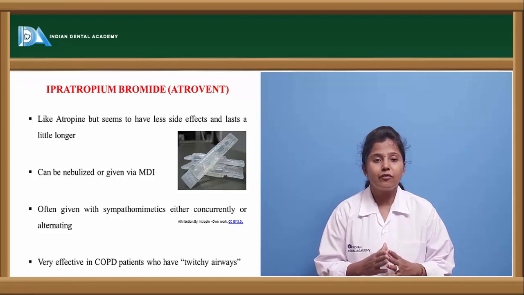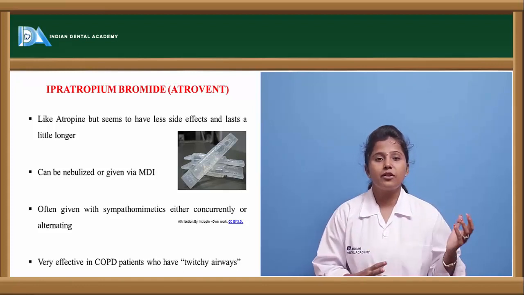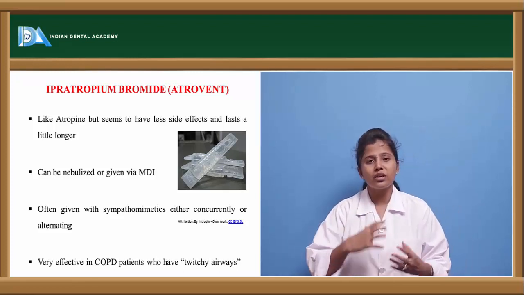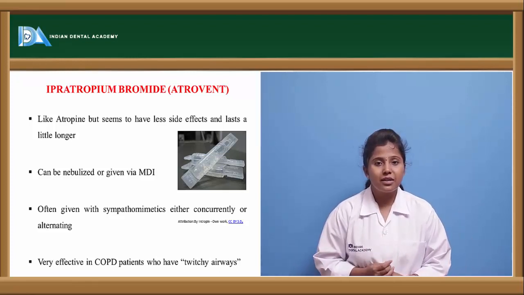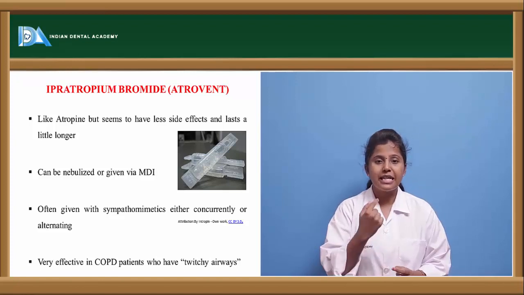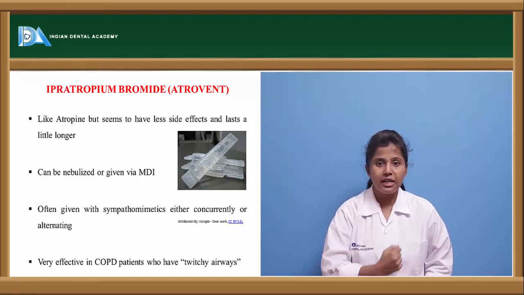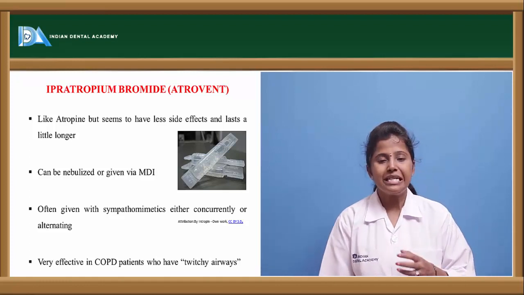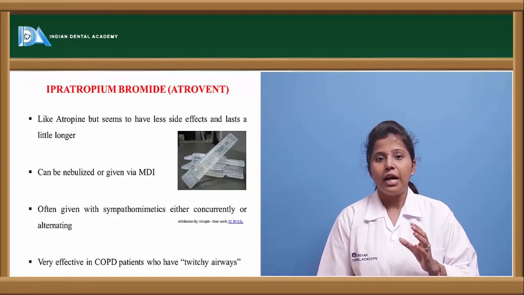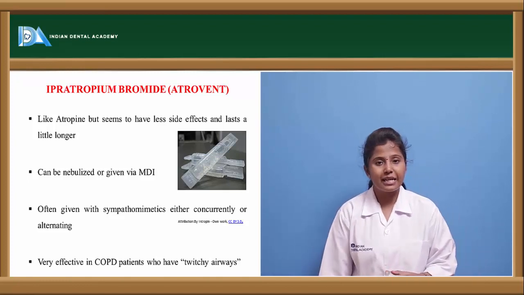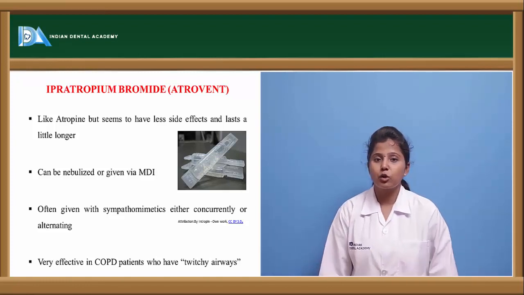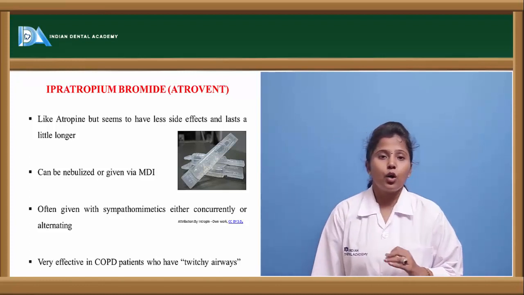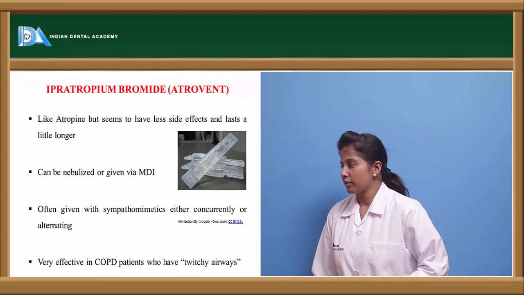And this is given in the form of a nebulizer. Atropine is given in the form of aerosol, while this is given by nebulizer. A nebulizer is a formulation where the drug is given through air droplets, or we can say it is given through the respiratory tract. And it is often showing sympathomimetic activity. In particular doses it shows parasympatholytic activity, but in some doses it may show sympathomimetic action also. That is the reason it is very effective in chronic obstructive pulmonary disease.